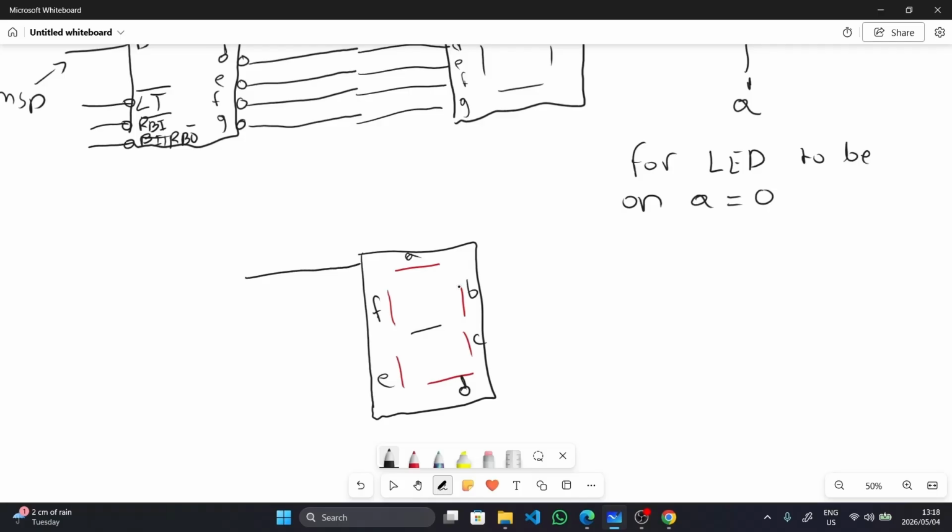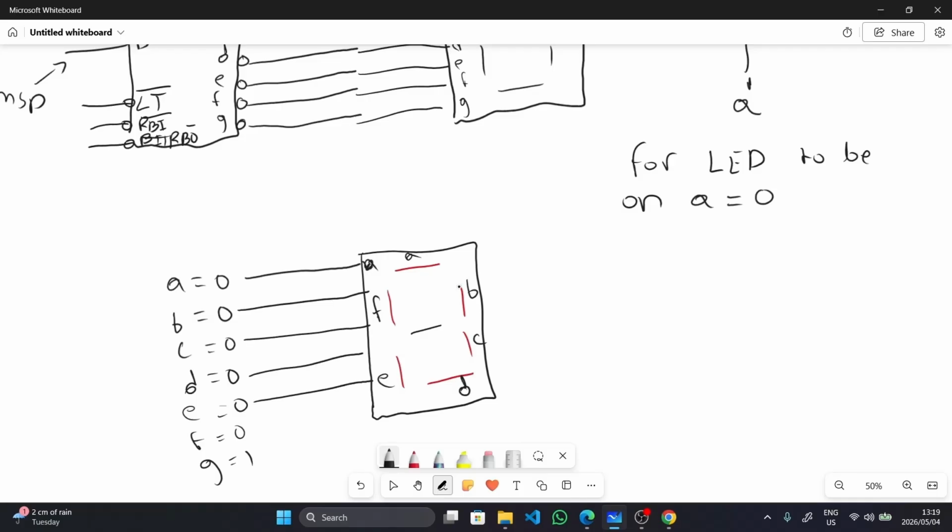So the input here must be what? In this case A will be 0, B will be 0, C will be 0, D equals 0, E equals 0, F equals 0, and G must be 1. And if you input these values, you will display 0 because it's an anode one, right? And same goes, let's say for example now